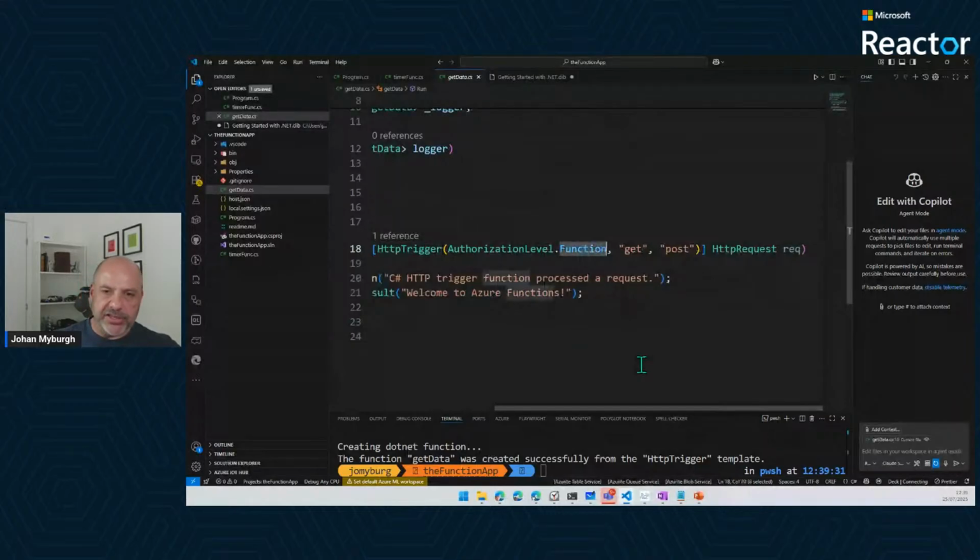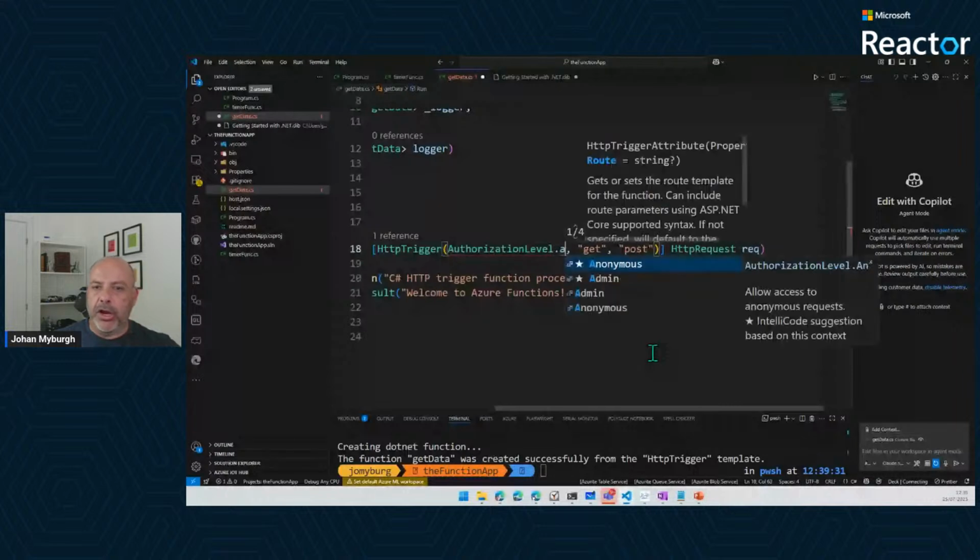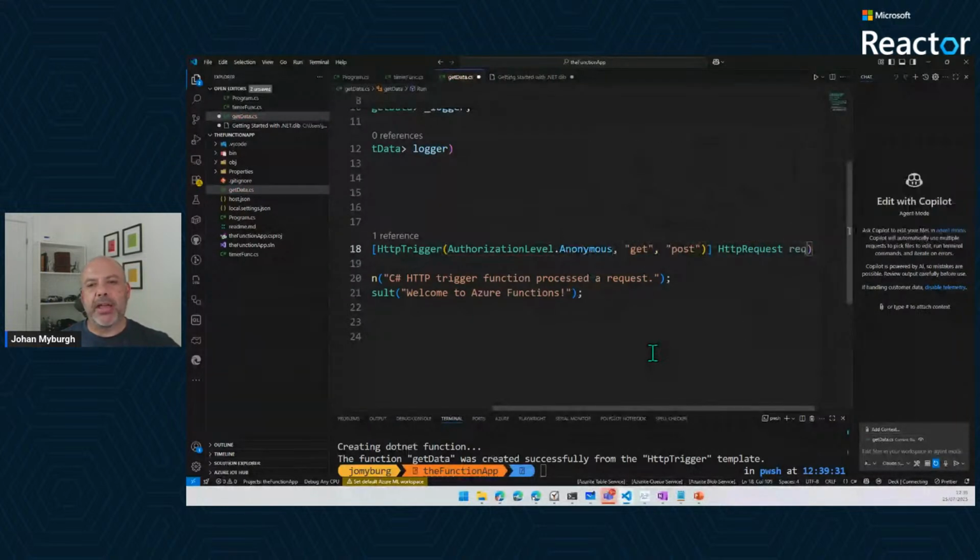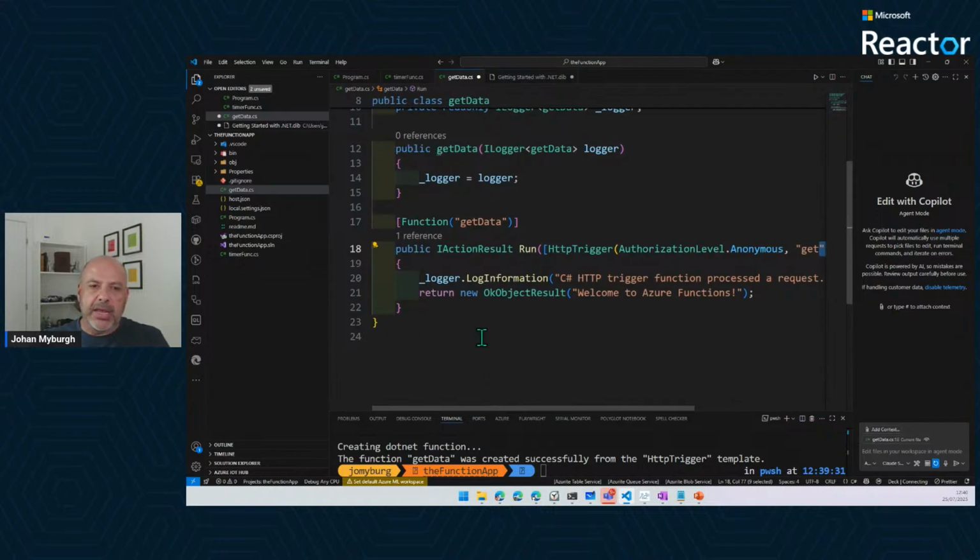This could be something like anonymous as well. So I can make this anonymous, and you can also see that I can specify the HTTP methods I want to be using for this. So in this case, it's going to accept both get and post requests. And then further to this, it's effectively telling me, welcome,